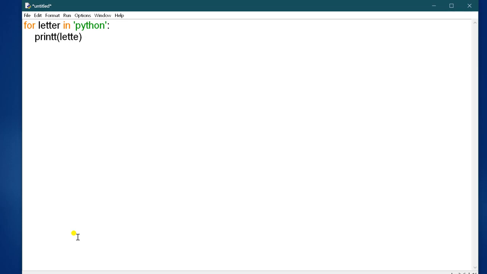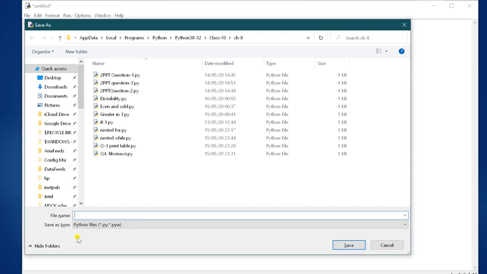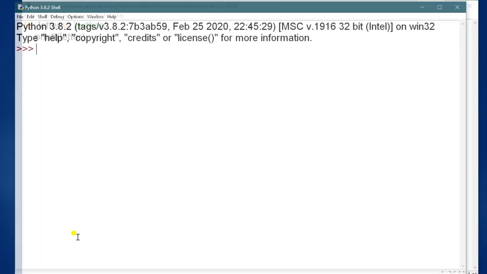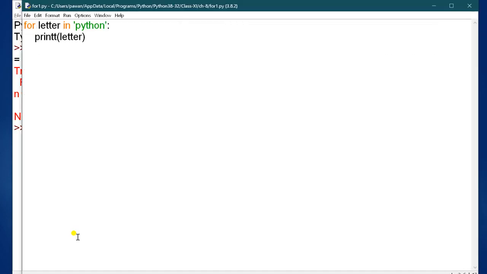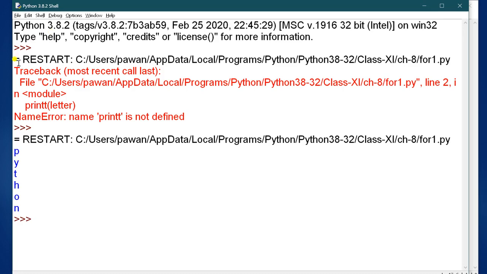Now you have to run it. So save your file as the for loop first program. This print statement has a double t, so just remove it. Now run it. It will give you the answer, that is Python, each letter in a new line.